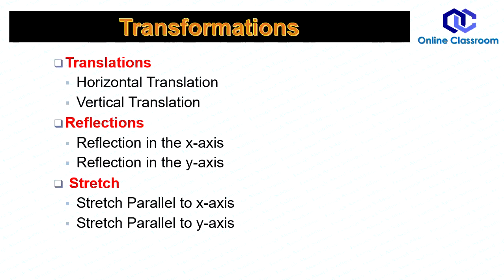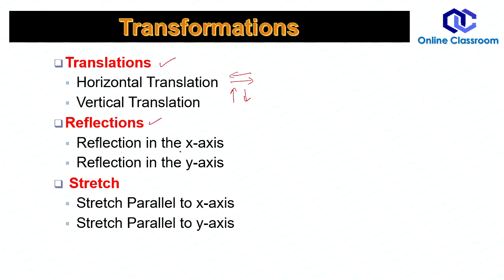transformation in our syllabus. The first one is known as translation. Translation means actual movement without changing the orientation and the shape. So we have to study either translation horizontally, rightward or leftward, or vertically, upward or downward. That's it. No other translation. Or it can be a combination of both. An object or graph or function has been moved rightward and then upward, or leftward and then downward, and so on. The second is reflection.